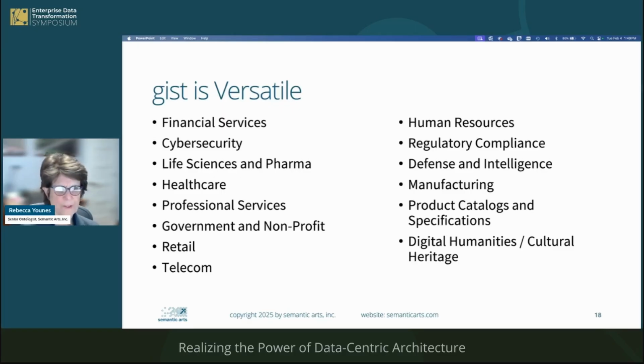I want to first start out by saying that GIST is really versatile, as you maybe got a hint of when you heard about the kinds of disciplines Phil and Michael and I have been working in. So at Semantic Arts, we've applied GIST to all of these